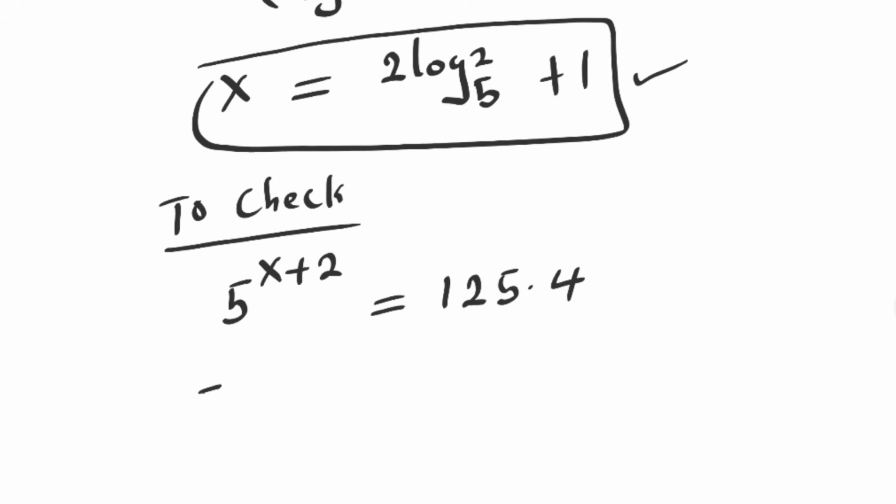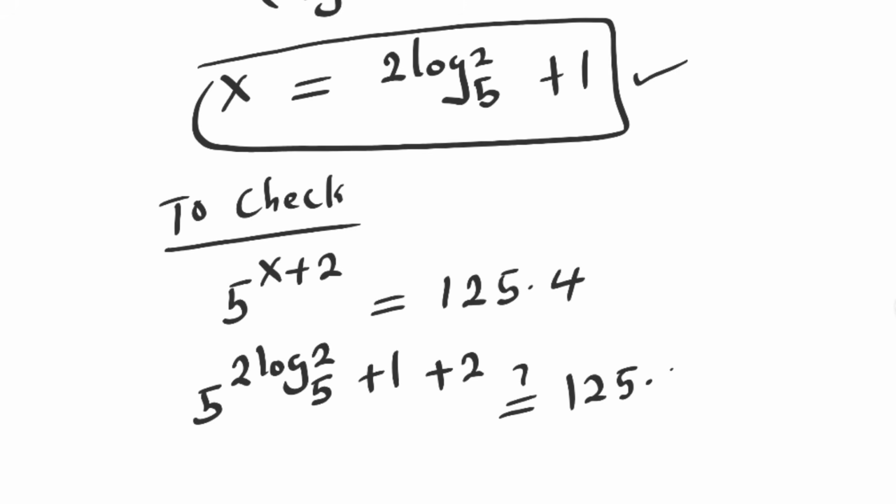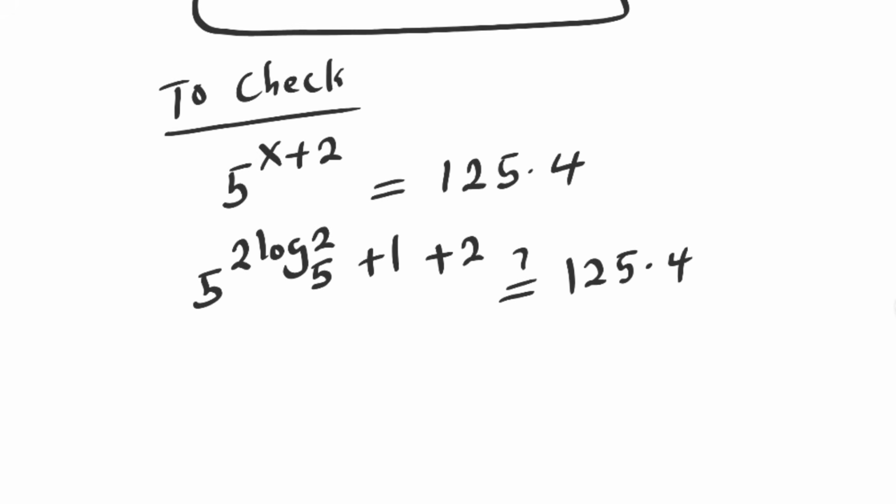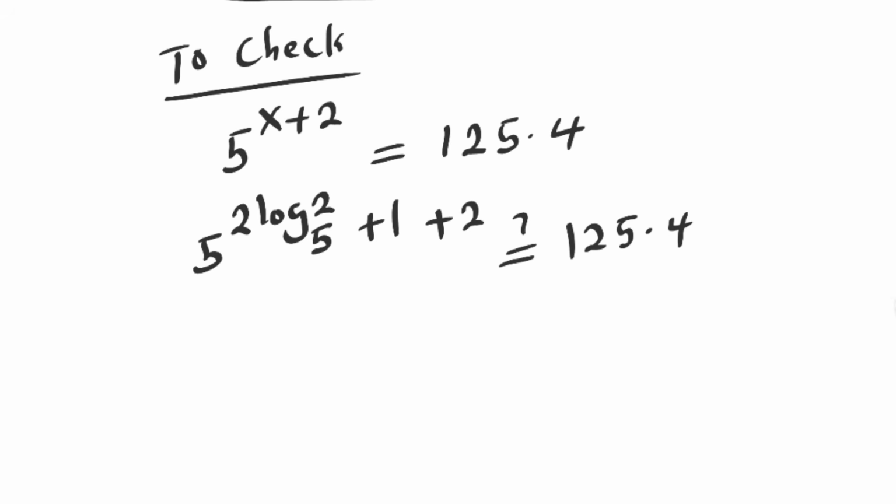Then this is 5 raised to power 2 log 2 base 5 plus 1 plus 2 must be equal to 125 multiplied by 4. And this is the same thing as 5 raised to power log 4 base 5 plus 1 plus 2, that is 3, must be equal to 125